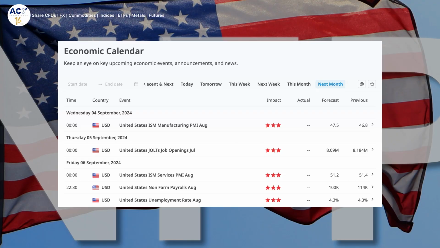Next month's NFP is going to release the data for the month of August, because the data from August will always be released in the following month. So this will be the first Friday of September. What day will that be? Let me have a look. The first Friday of September will be the 6th of September. All right, so the 6th of September is the NFP day, and this is the only data that I see that will change the Fed's perception of the economy.